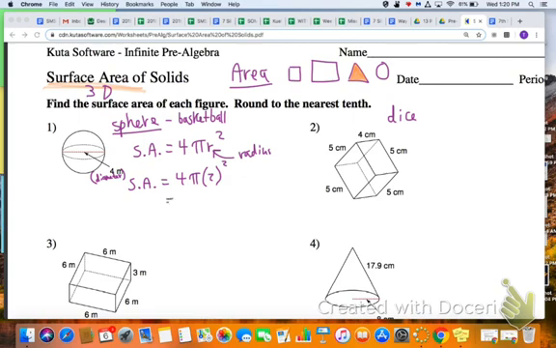All right, so if you have a calculator handy or on your phone, you can do it too. You're going to take 4 times pi. Remember, pi is essentially 3.14. So if you take 4 times 3.14, you're going to get 12.56, okay? And you want to take that times, well, 2 squared. 2 squared means 2 times 2, and that means 4, okay? And if we do 12.56 times 4, that's going to give us